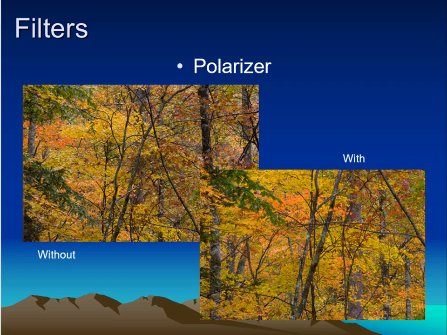So here's an example. I hope you can see it. The image on the left has little diffused highlights on all the leaves. It was raining in this forest, so it has reflections from the cloudy sky on every leaf because they're wet, and so the sky is reflecting in those leaves. But when I added my polarizing filter, as you can see here on the right, it eliminated those reflections from the leaves, and you have a much more saturated look to the image, and subsequently, I think it looks better. But like I say, it doesn't look great in every situation, so that's something you definitely want to think about before you